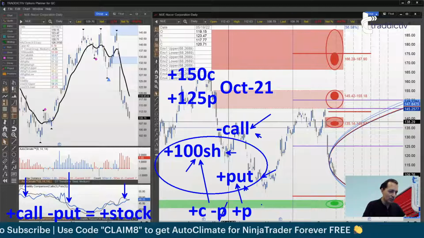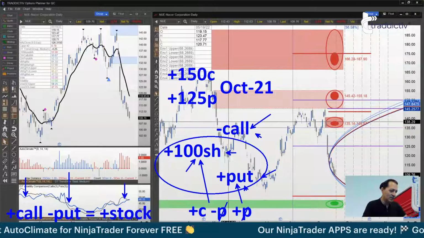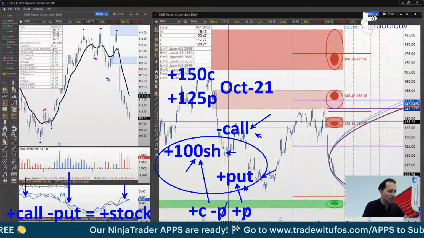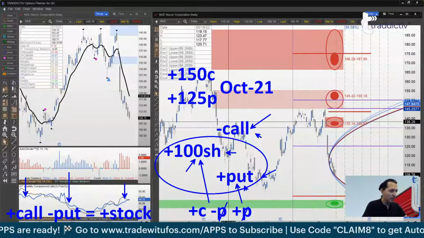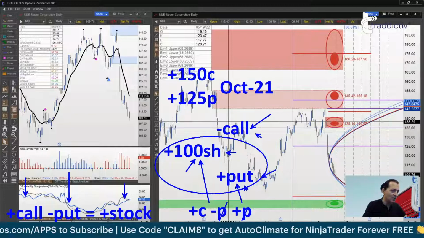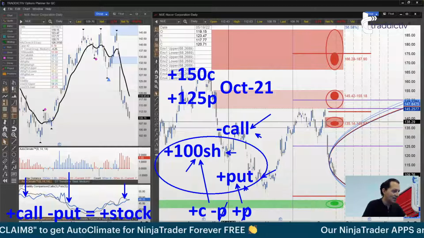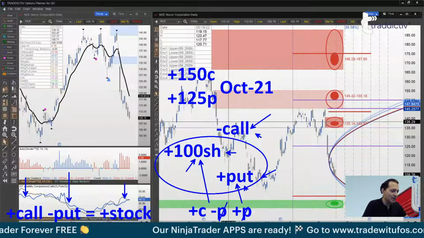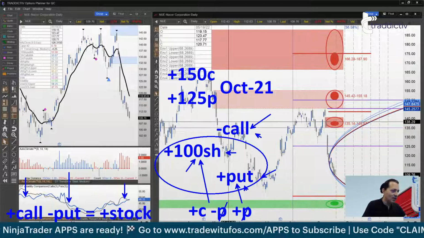Well, the minus put and the plus put neutralize, and therefore buying shares and buying a put is the same as buying a call. I mean, that's basic options, isn't it? If you buy shares and you buy a put, the most you can lose is what you pay for the put. If you buy the call, the most you can lose is what you pay for the call. And because of how options are priced, unless there is an arbitrage opportunity, which basically are almost nonexistent, the extrinsic value of the call and the put for the same strike is going to be the same. So buying shares and buying a put equals buying a call.